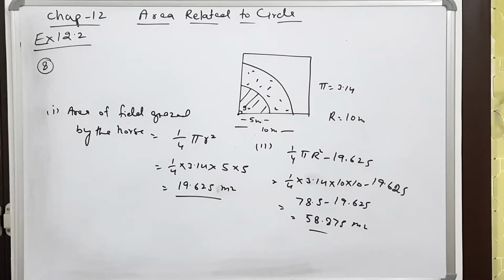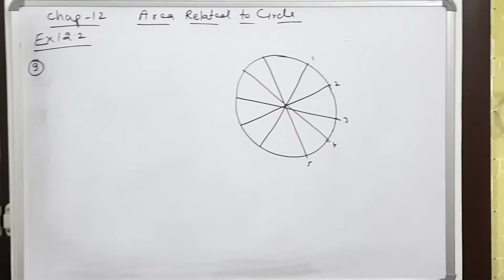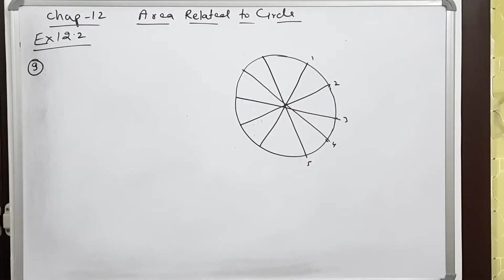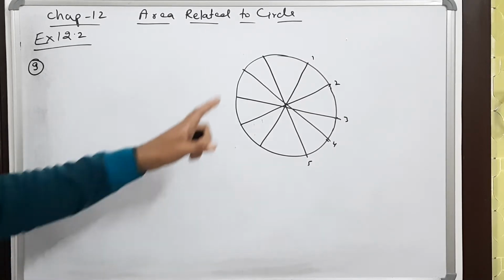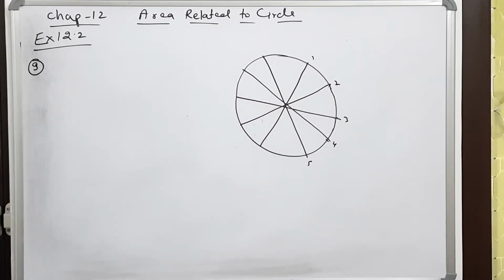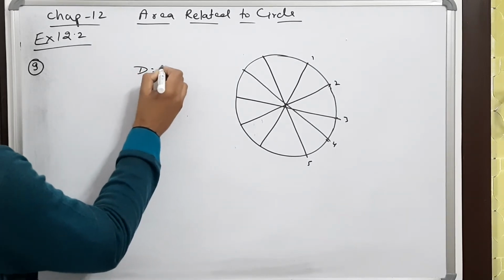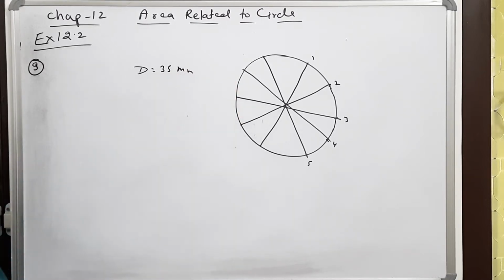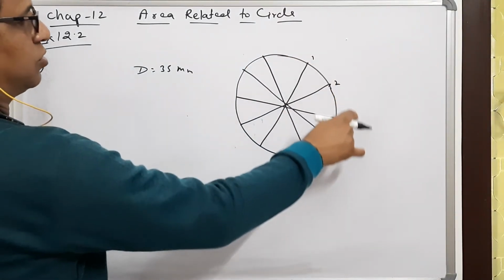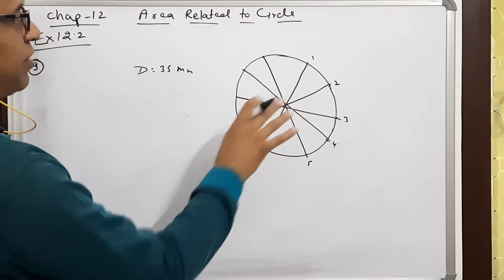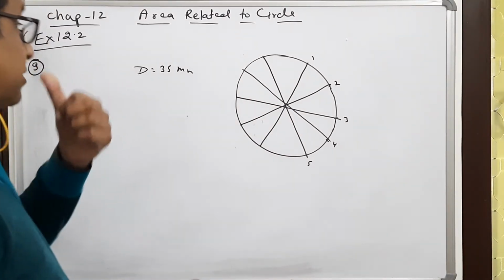The next problem is problem number 9. Yes, dear students, you see problem number 9. A brooch is made with the silver wire. See, this structure is made with the help of the silver wire in the form of a circle, and the diameter is 35 mm. Is very small. And how many diameters here? 5 diameter. 1, 2, 3, 4, 5. Then this is again repeating. So 5 diameter. So what is the length of the wire required?